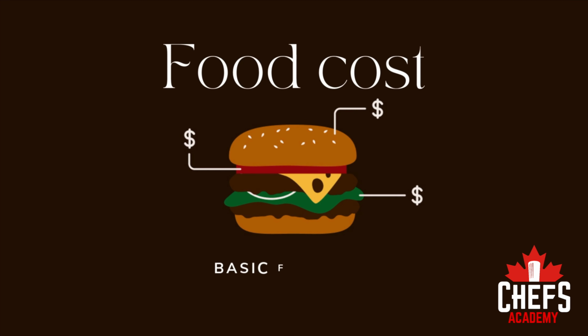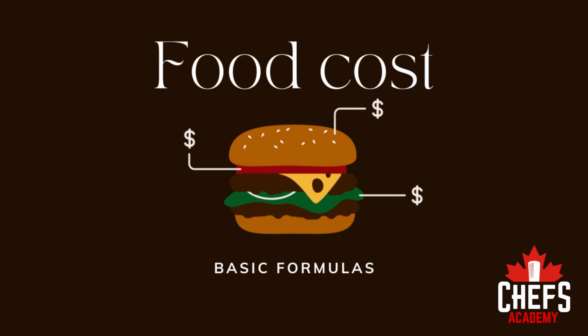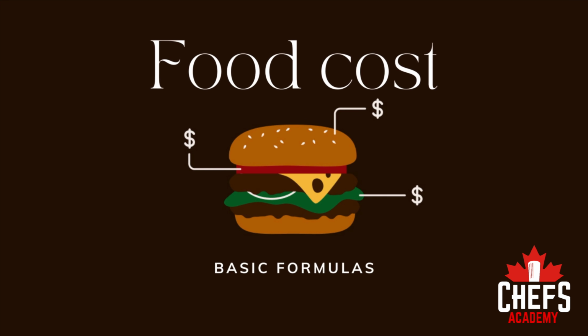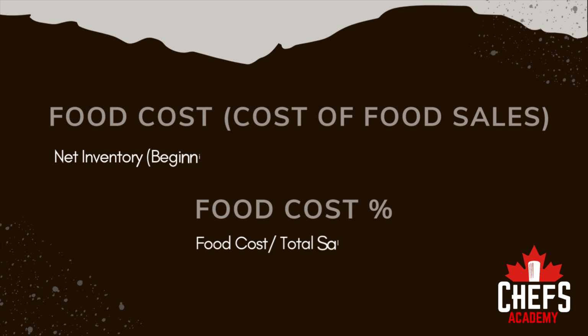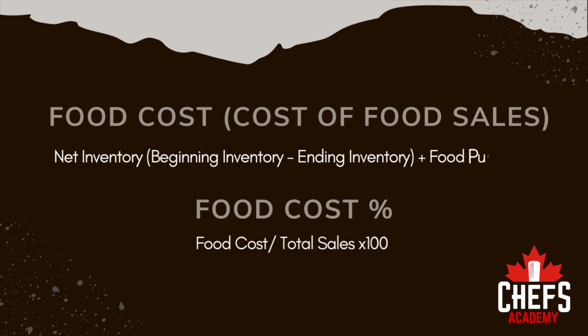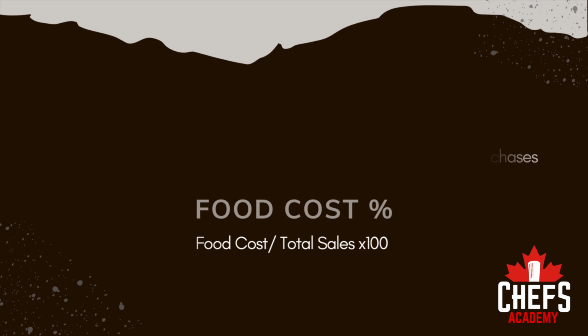Well, food cost can be calculated by dividing the total cost of ingredients used in a dish by the menu price of that dish, then multiplying it by 100 to get a percentage. The formulas are quite simple. First, you need to calculate the actual food cost, the cost of goods sales. You'll need to take your net inventory with the beginning inventory minus the ending inventory. And to that, you'll add the food purchase. Then we'll grab that number, divide it up by the total sales times 100, and we'll get the food cost